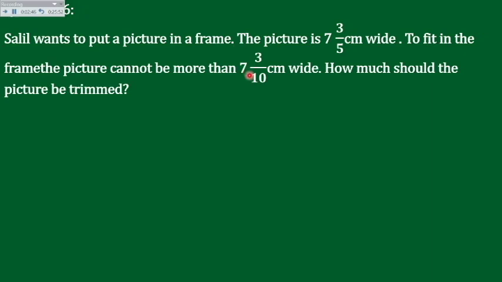Some of you may be thinking both are the same numbers, only there is a difference of 5 here. Yes or no? Here we have 7 and 7, here we have 3 and 3 in the numerator, but the only difference is in the denominator. Here we have given 5, but here we have 10. But it creates a lot of difference, okay.